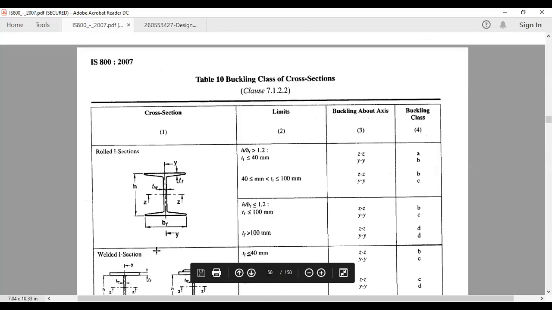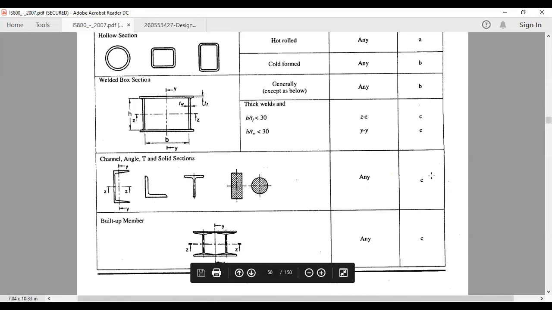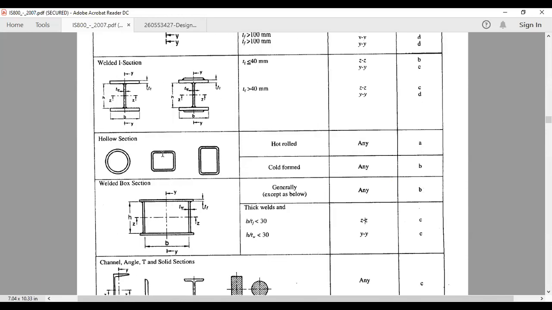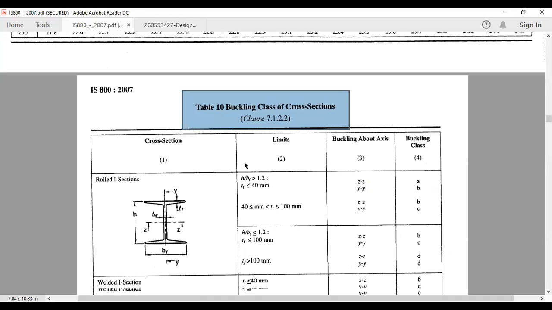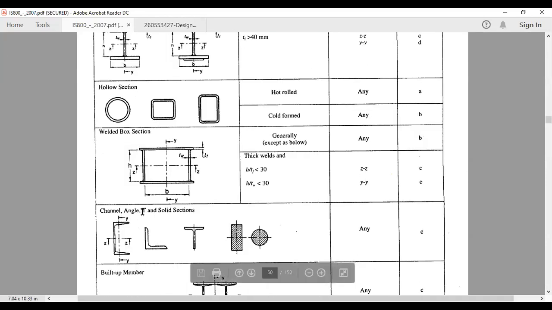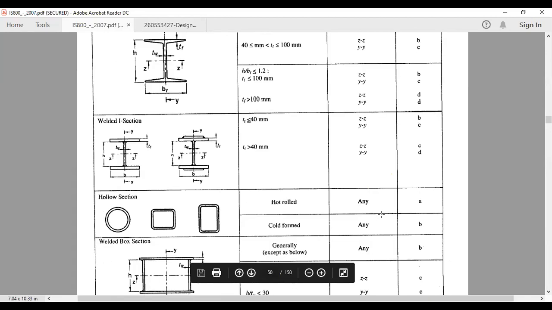So all these tables 8 A, B, C or 9 A, B, C represent the buckling classes A, B and C. You can see here in this buckling class table, the buckling class of the cross section. I'm taking all these tables from IS 800. So you can see that when you are using angle sections or channel sections, mainly we are dealing with angle sections over here, these angle sections come under buckling class C about any axis. Okay, so we'll be referring to either table 8C or 9C.